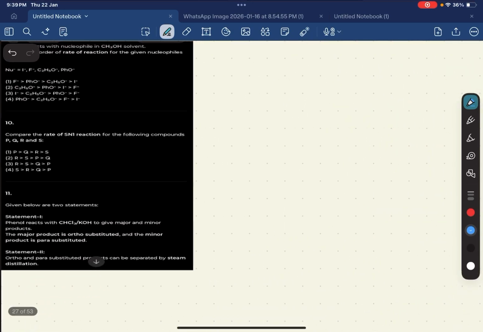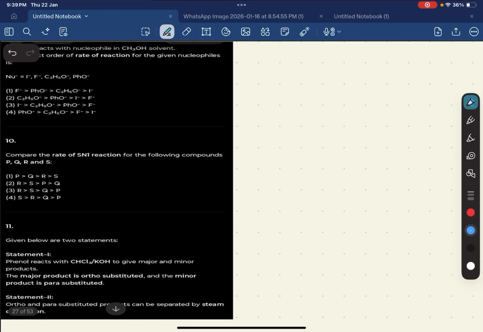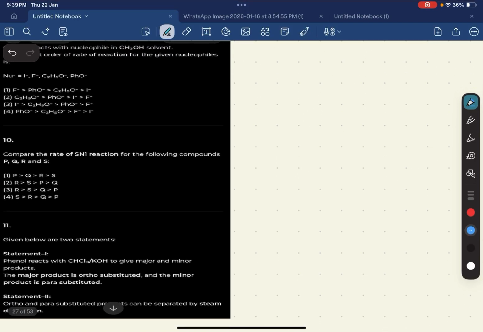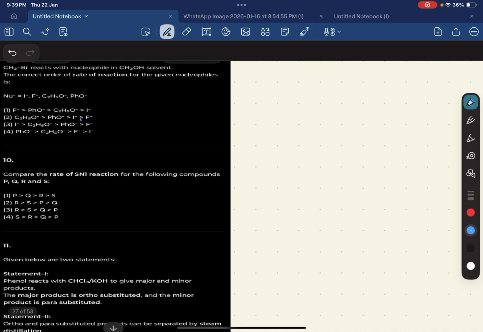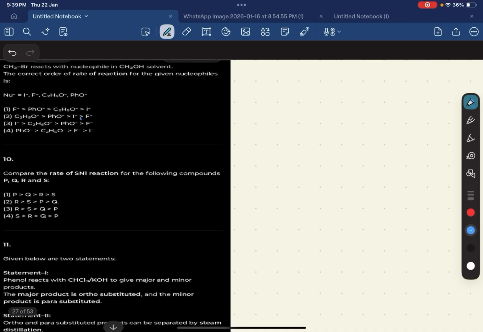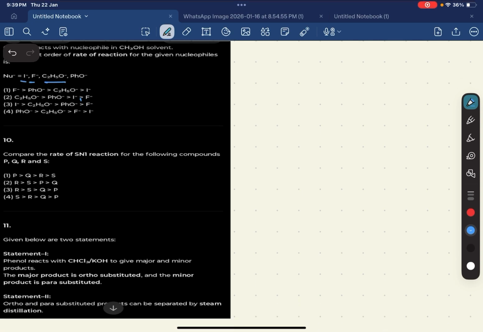So coming to next, in this case they have given CH3Br reacts with nucleophile in CH3OH solvent. The correct order of rate of reaction for the given nucleophiles is, so here I minus, F minus, C2H5O minus, PhO minus. Just we need to understand this. Nucleophilicity